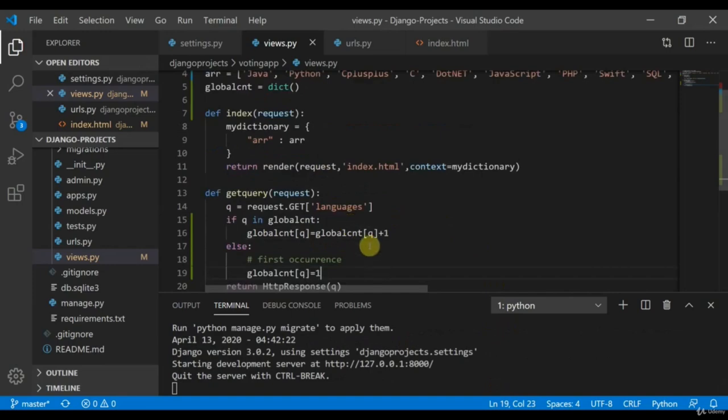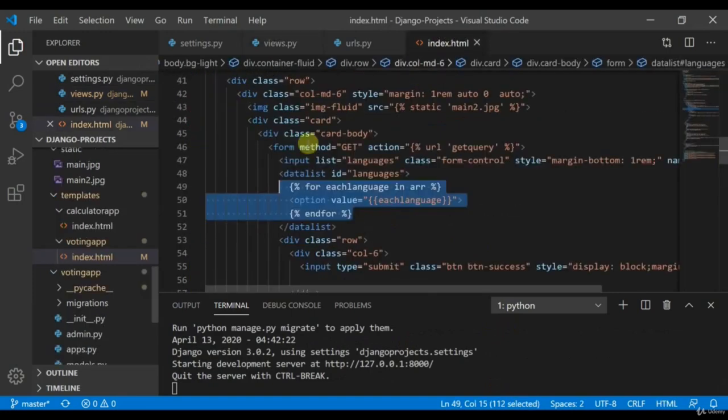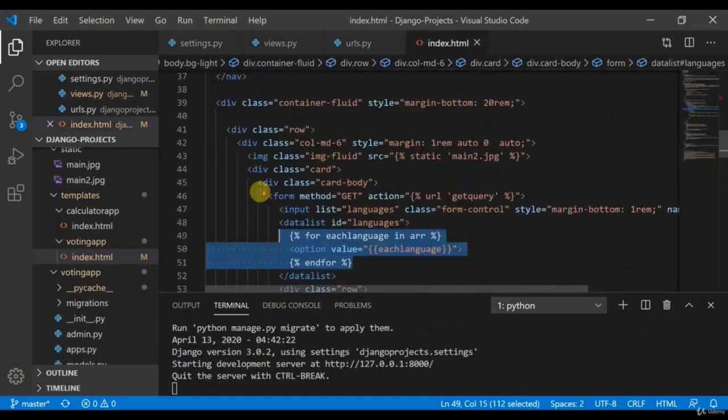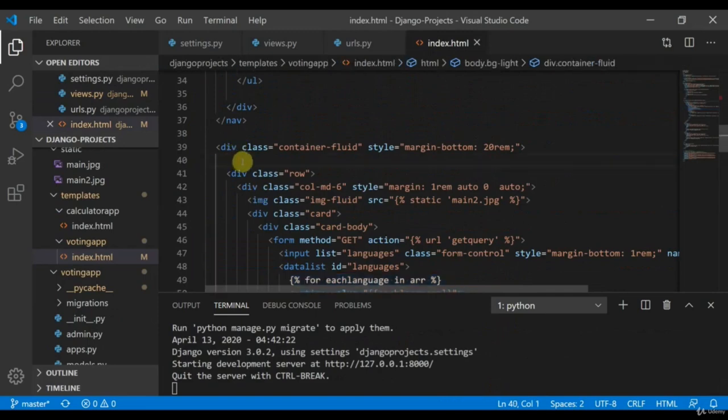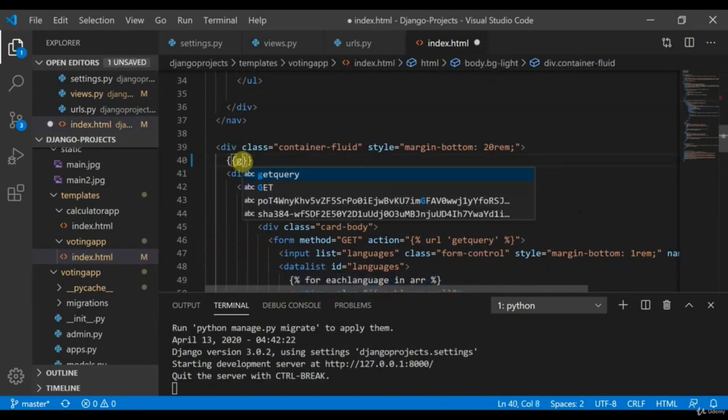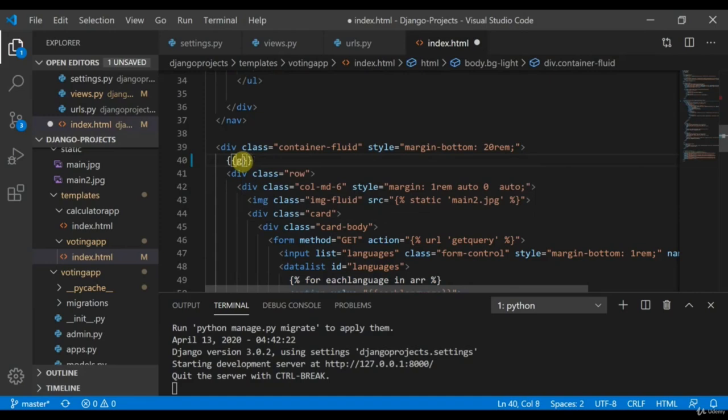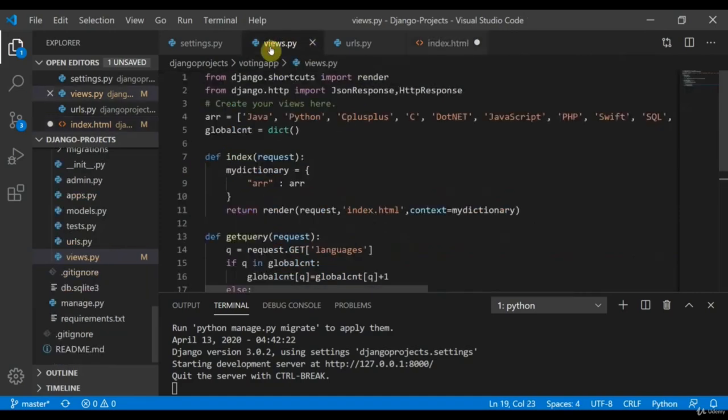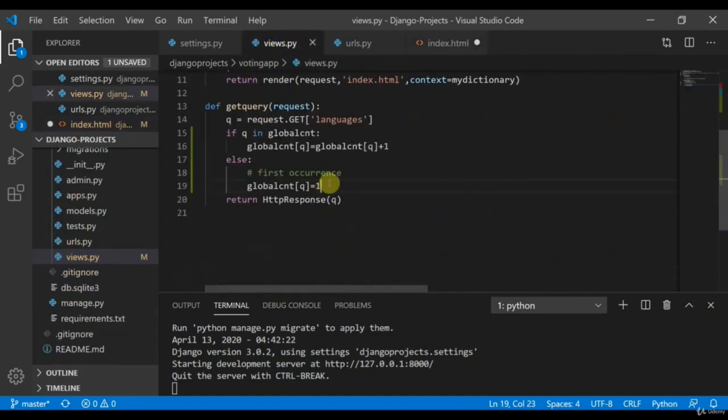So let me do one thing, I'll move to the index.html, and here we can print this till now. But we need to do one thing. For q in global count, global count of q is equal to global count of q plus 1, else for the first occurrence, global count of q is equal to 1.